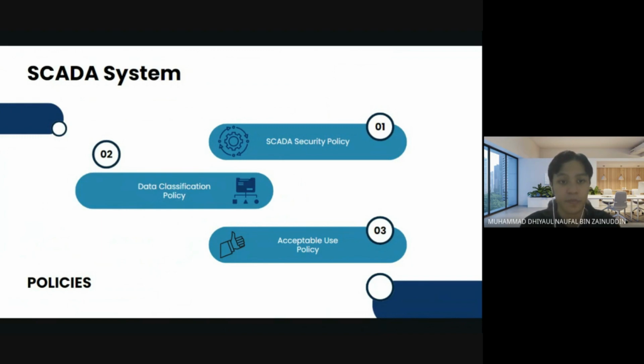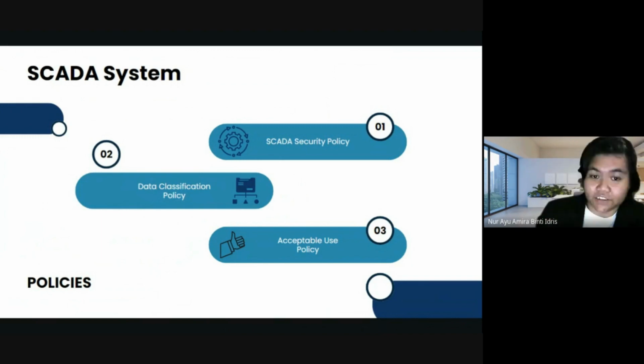So next is data classification policies. It defines a framework for categorizing SCADA system data based on its sensitivity and also criticality. This policy typically establishes different tiers of data classification such as confidential, sensitive, and also public, each with corresponding security controls and access restriction. The classification may take into account factors like the impact of unauthorized disclosure or modification and business considerations.